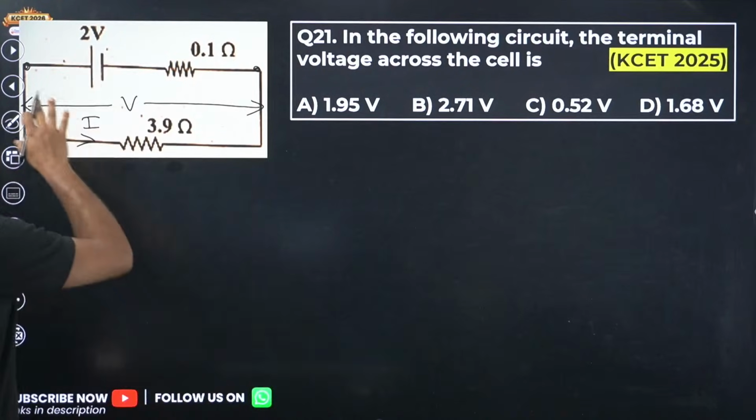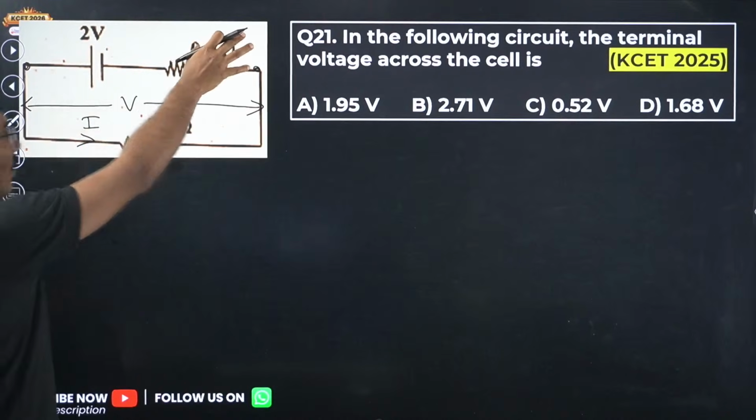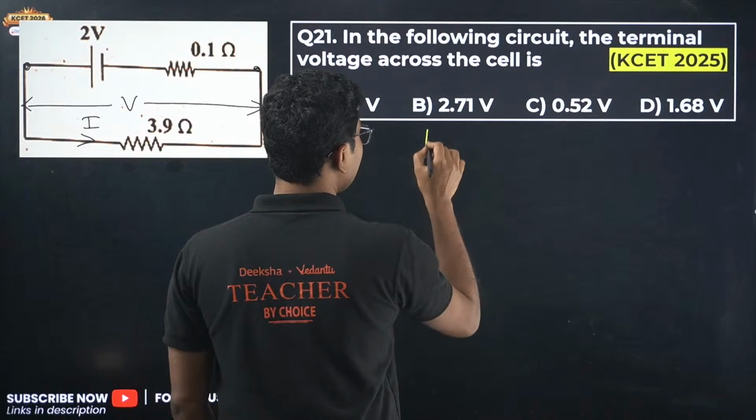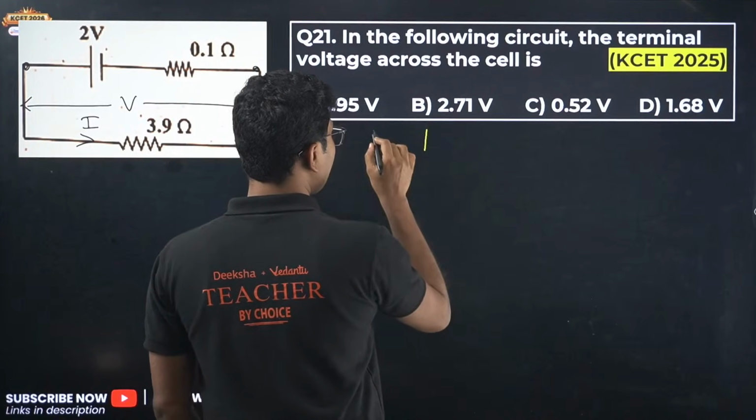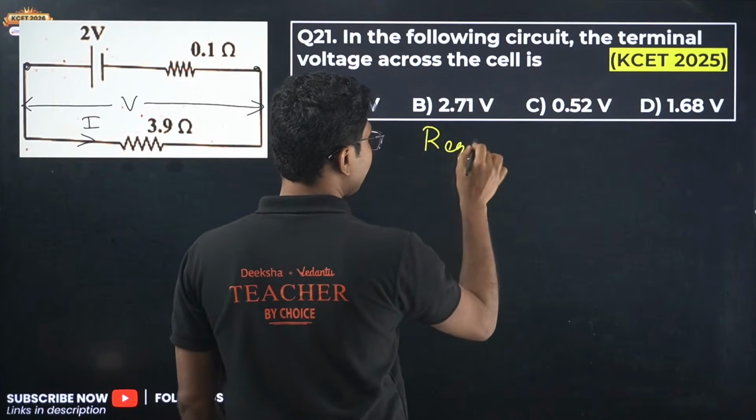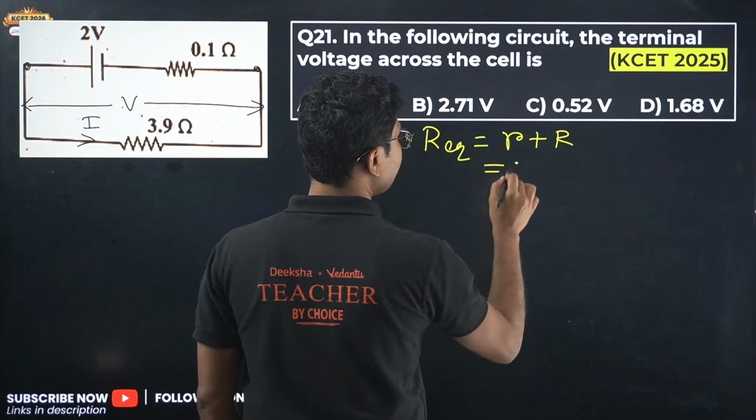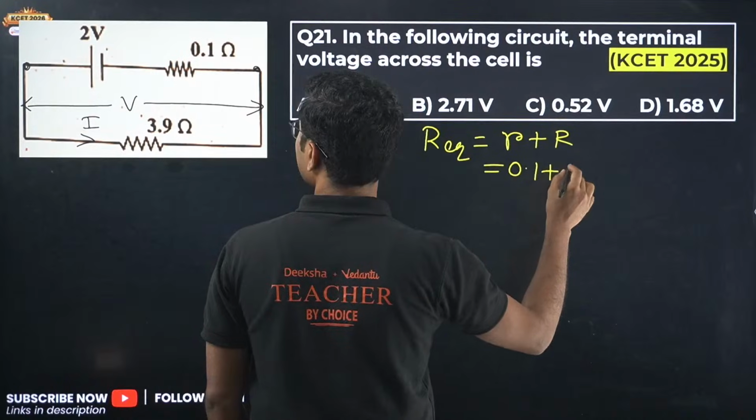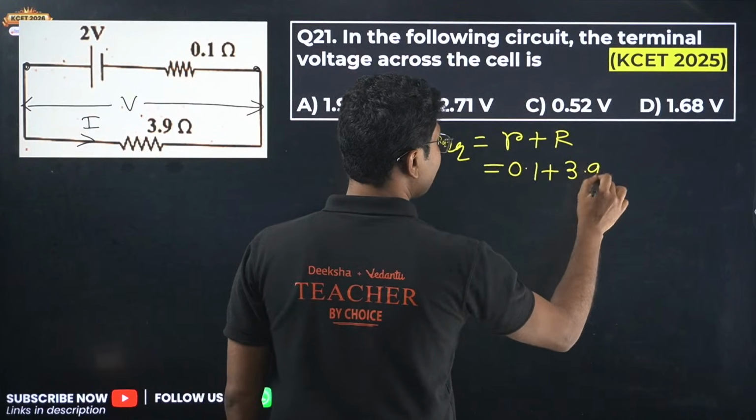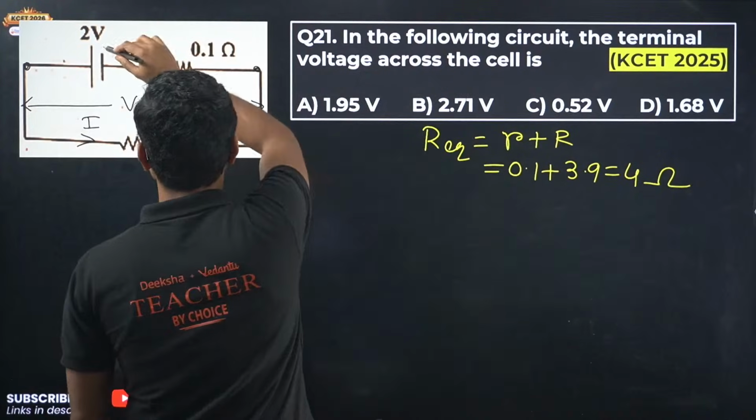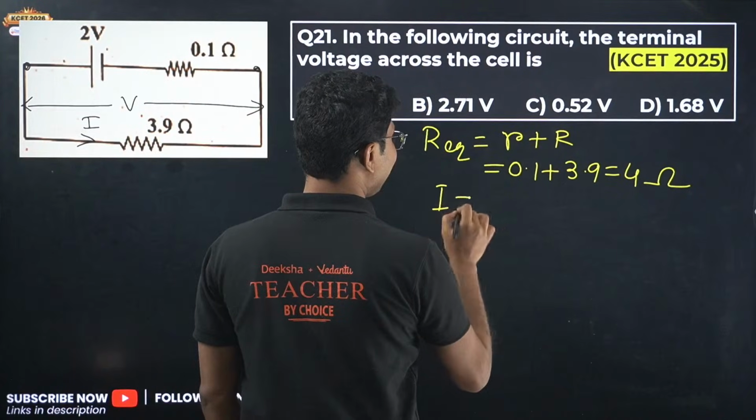So now, 2 V, 0.1, 3.9. The total resistance of the circuit, R equivalent, is small r plus capital R. Small r is 0.1, capital R is 3.9. So the total resistance is 4 ohm. The voltage is 2 volt. So the current in the circuit is